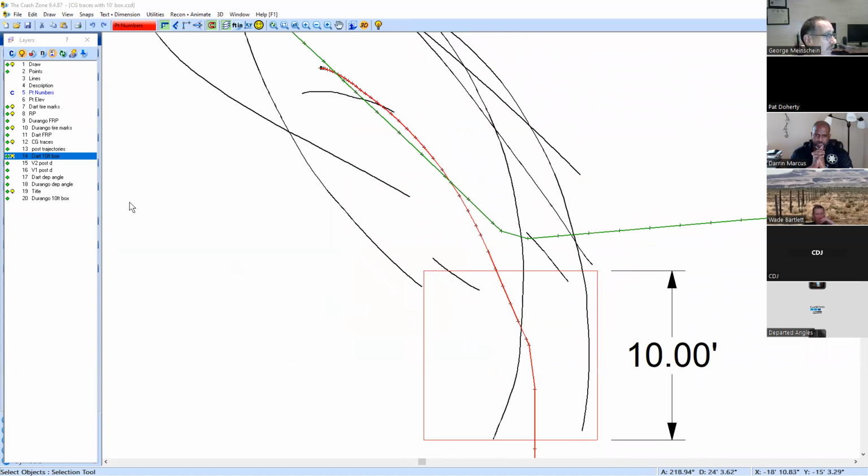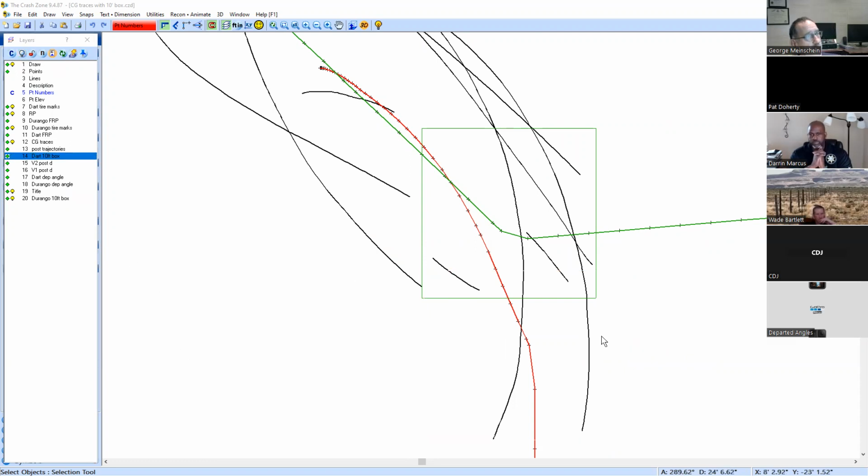Again, same thing. Let me bring in the other one, the Durango 10-foot box. Again, let me turn this one off. Dart 10-foot box. Okay, so now